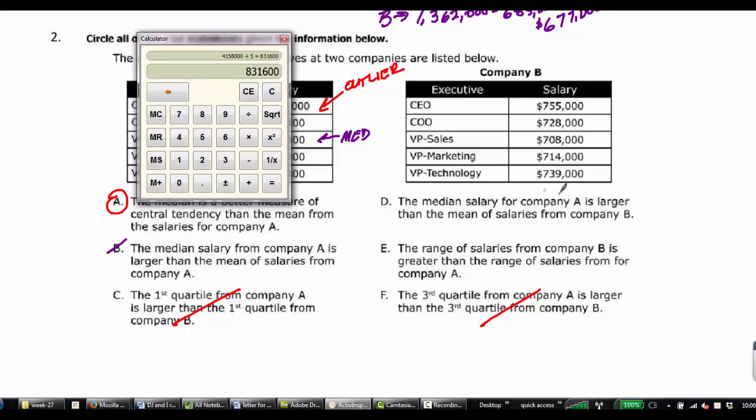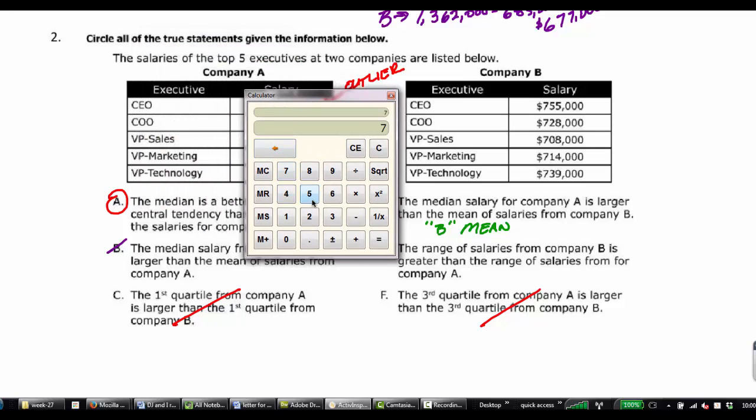All right, moving over to D. The median for A is larger than the mean for B. Well, we can't solve that without knowing what the mean for B is. So company B, we're going to figure out their mean salary. And to do that, we're going to add the salaries up. 755 plus 728 plus 708. Notice this time I'm adding just the front parts, and I'm going to add those zeros at the end. Plus 714 plus 739 equals,